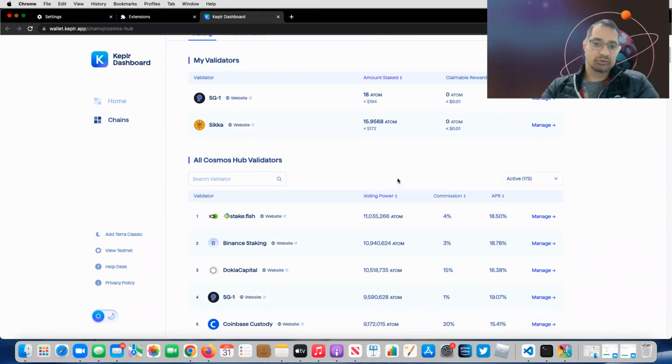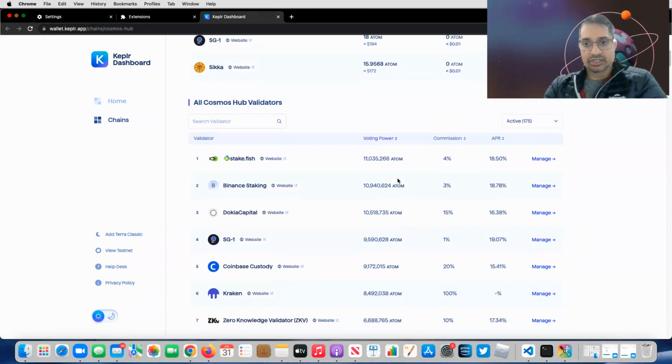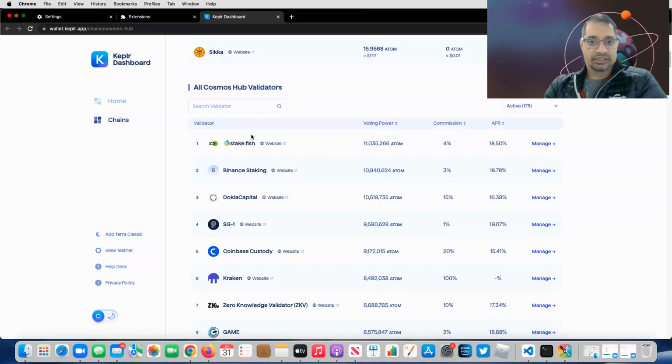Otherwise you can delegate to the other validators that are already running, and they will charge a little commission. For example, you can see here these are the validators, and these are the number of Atoms staked to each of them. And then you have this commission.